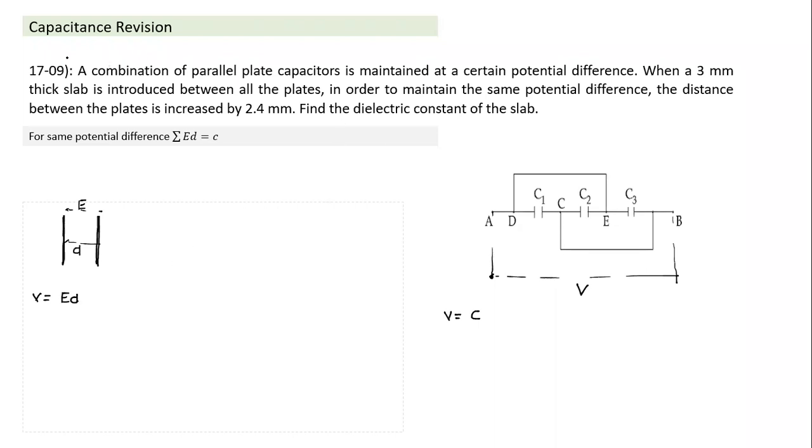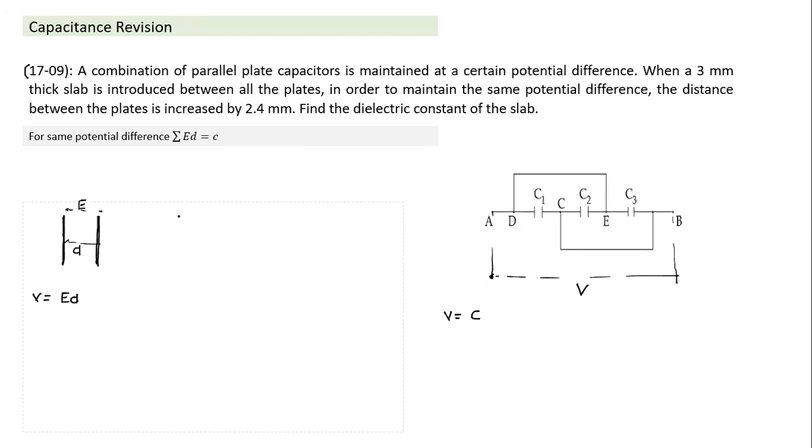So this question again, some of you look at this, you may find there's a bit of confusion. But irrespective of what you do, the potential will always remain the same as long as the battery is connected. This question is also slightly confusing, but what it implies is either we have to take the capacitance as the same, or if the potential has to be the same, let me do it the other way also.